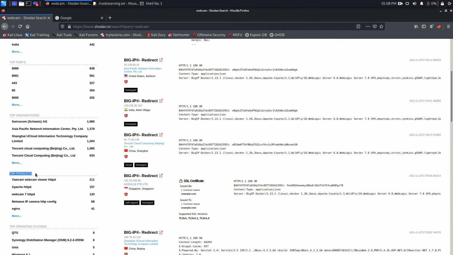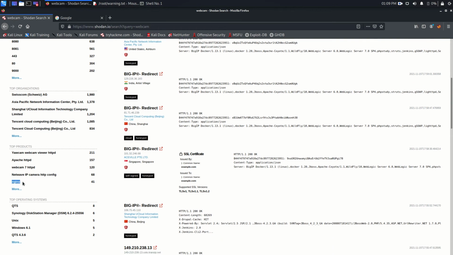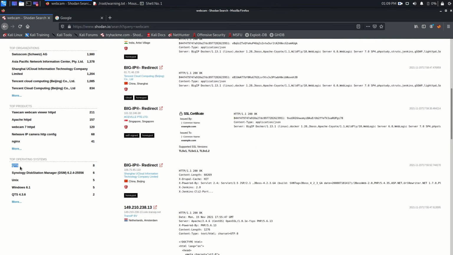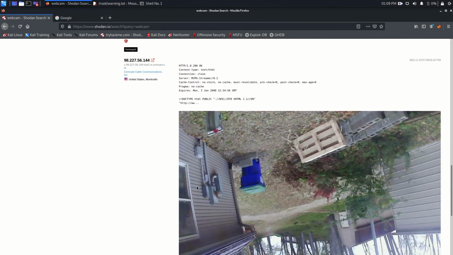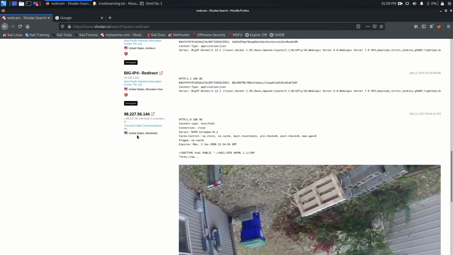Now, the top products are Yocam, Webcam Viewer, Apache HTTPD, Webcam 7 HTTPD. These are the platforms on which these webcams are published. So NGINX, okay. And the operating system used is QTS, Synology, Disk Station Manager, Unix, Windows 6.1, QTS 4.3.6. Okay, so these are the results, and as you can see, this camera belongs to United States, Monticello,